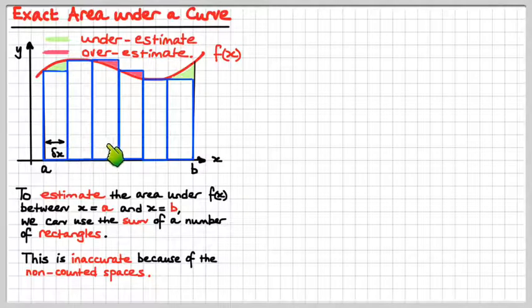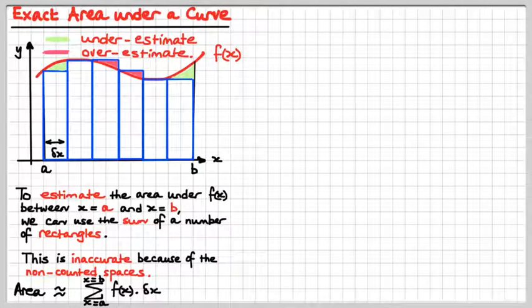So I've got 6 rectangles there, and I'd have to work out the area of each individual one, which would be the width delta x, meaning a small change in x, by the individual y values. And in this case, I'm doing just by the way the left-hand side is the side of the rectangle which I choose to touch the actual curve itself. So it's kind of like a left-hand side estimate of the area using those rectangles. Okay, so